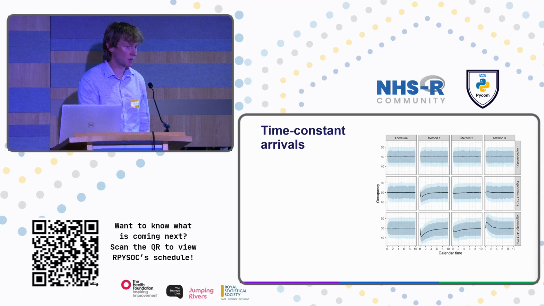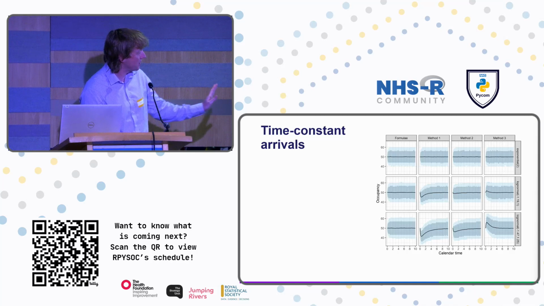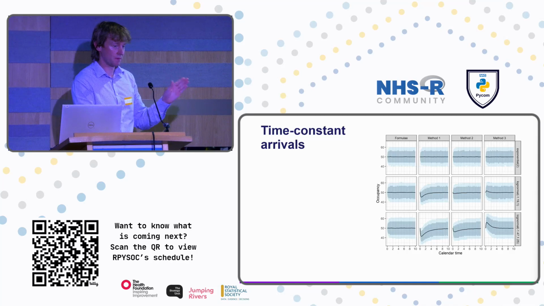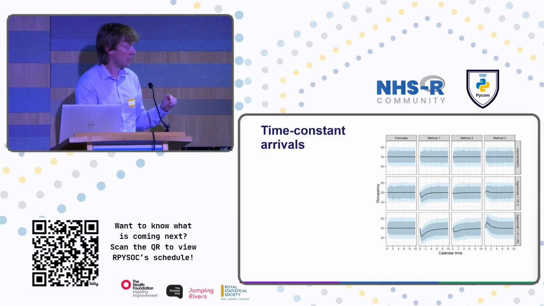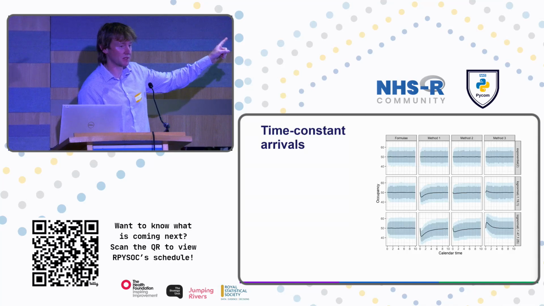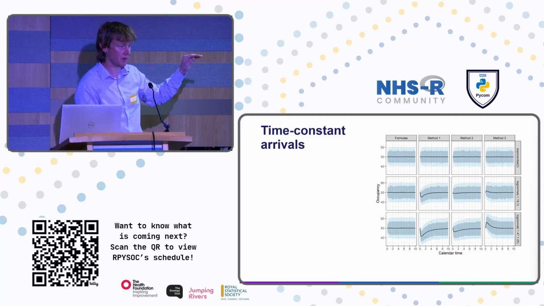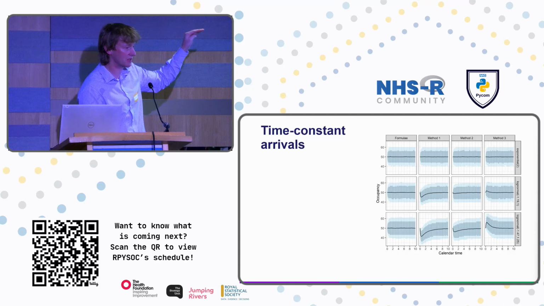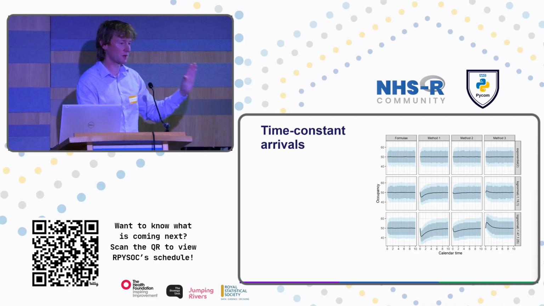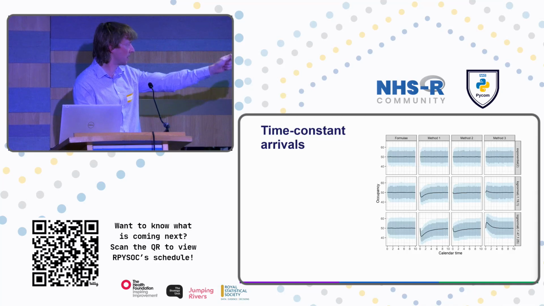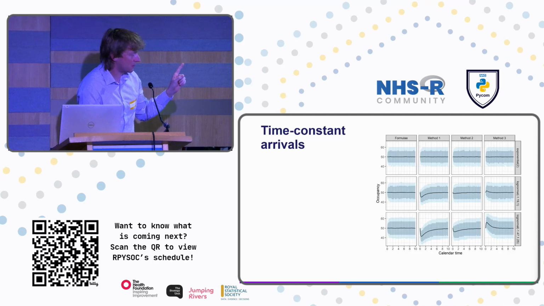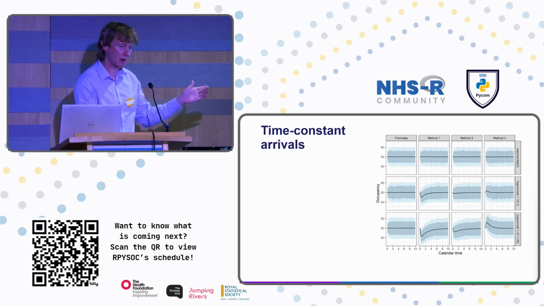So let's first look at time constant arrivals. So we have a graph here where we're simulating 10 units in time, see the calendar time on the bottom there, and the columns are the different methods, and the rows are those 3 different distributions that I talked about. So what we'd expect with time constant arrivals is that, oh, and big N is 50 here, so that's why it starts at 50. So we've got 50 occupancy, let's say. Occupancy is on the y-axis. Now, with time constant arrivals, you'd expect it to be the same all the way throughout. And it is for the exponential because of the memorylessness property, of course,